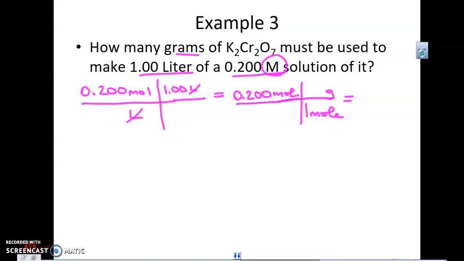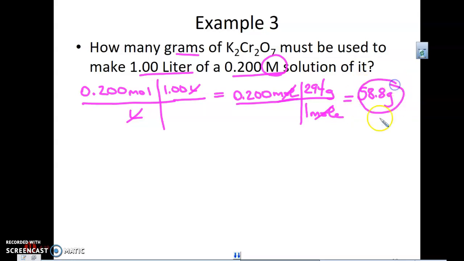We have K, which is 39. We have chromium, which is... Okay, so if we do 2 potassiums each at 39, 2 chromiums each at 52, and 7 oxygens each at 16, we get 294. And so when we multiply that by 0.2, we get 58.8